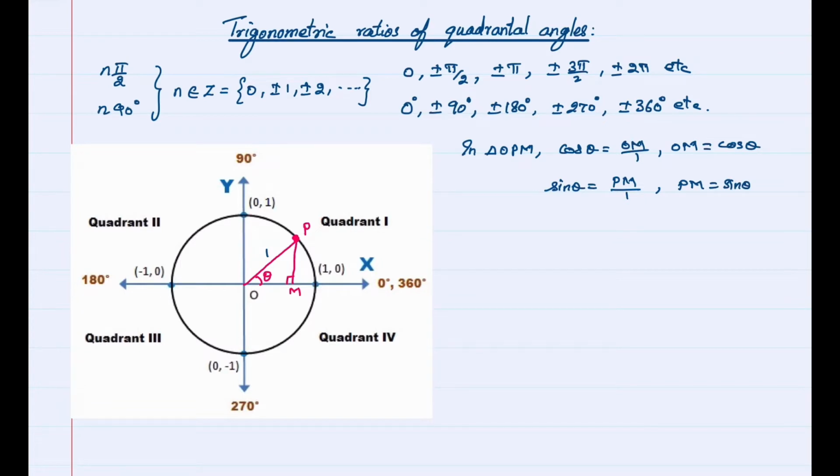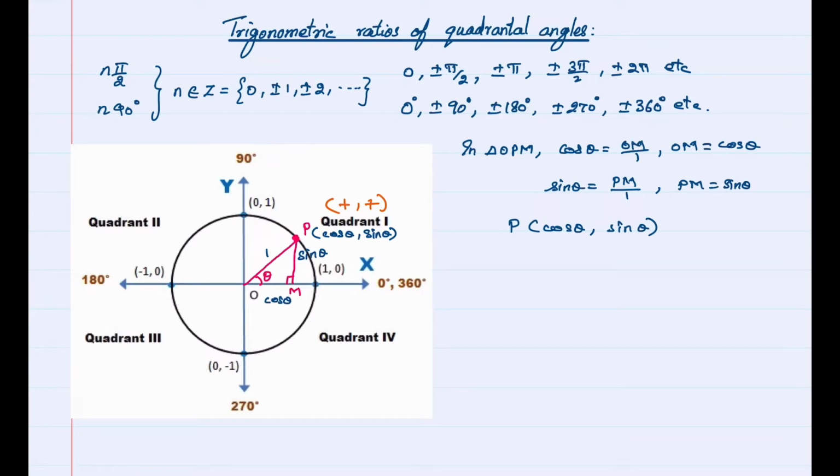Let me write these things in the figure. OM length is cos theta value and PM length is sin theta value. So, the coordinates of P can be written as (cos theta, sin theta). So, for point P, the x coordinate is cos theta and the y coordinate is sin theta. In the first quadrant, we know that both x and y coordinates are positive. Therefore, cos theta and sin theta values are positive when theta is in the first quadrant, that is between 0